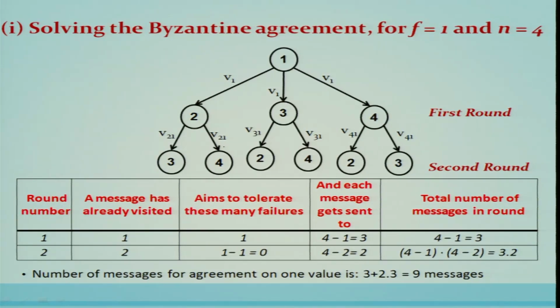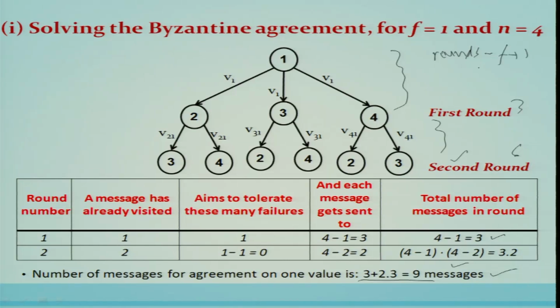Now let us see how many messages and how many rounds will be there. As you know, 2 rounds will be required. In each round the number of messages will be 3. For example, the source will send to its neighbors. Similarly, in the second round, each of these will send to its corresponding neighbors. So basically 6 messages in the second round and 3 messages in the first round. So a total of 9 messages will be required here, and the total number of rounds will be